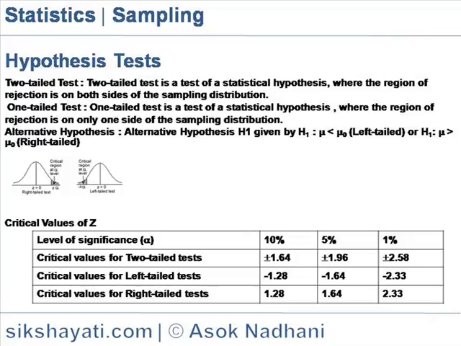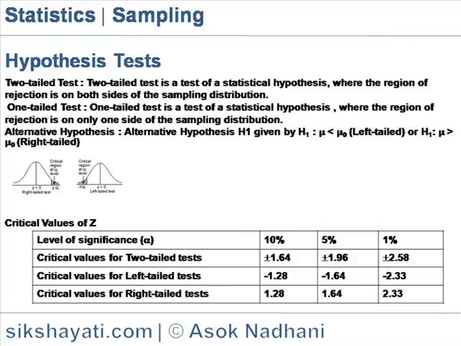Suppose the null hypothesis states that the mean is less than or equal to 10. The alternative hypothesis would mean that the mean is greater than 10. The region of rejection would consist of a range of numbers located on the right side of the sampling distribution, that is, a set of numbers greater than 10.